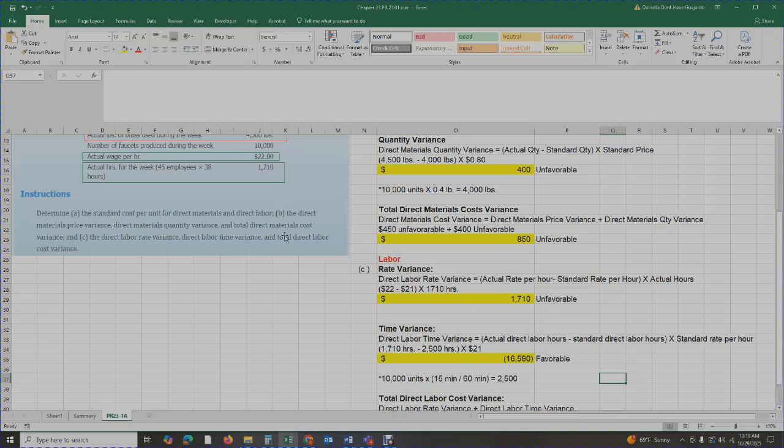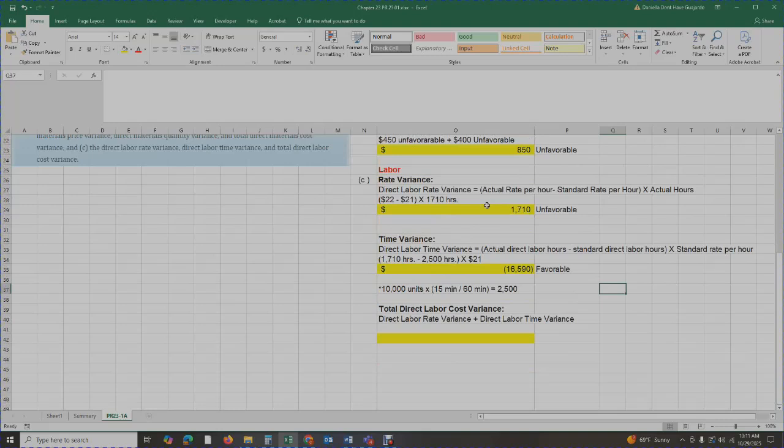So that means that my employees were efficient in making the product, and my numbers came in lower than what we had anticipated. So now that we have these two calculated, we can calculate the total direct labor cost variance, which is basically the sum of those two. So we're going to have 1,710 unfavorable plus 16,590 favorable. So if we put that in, that gives me